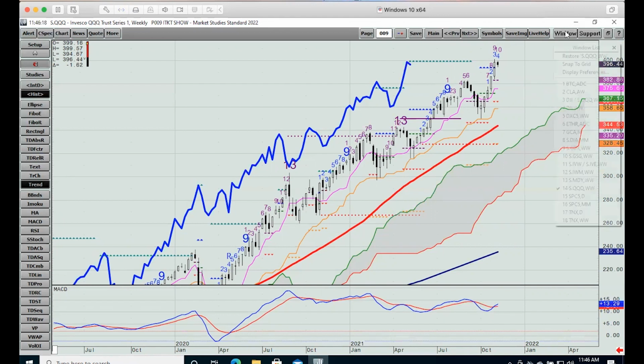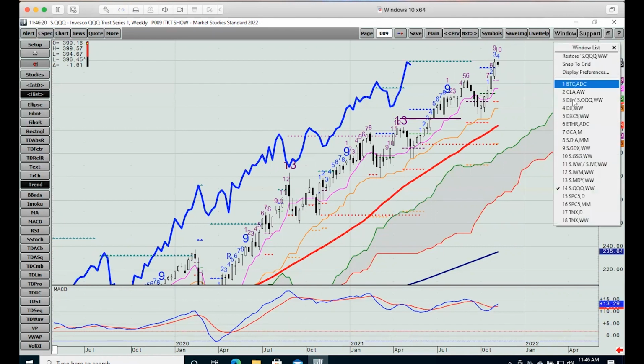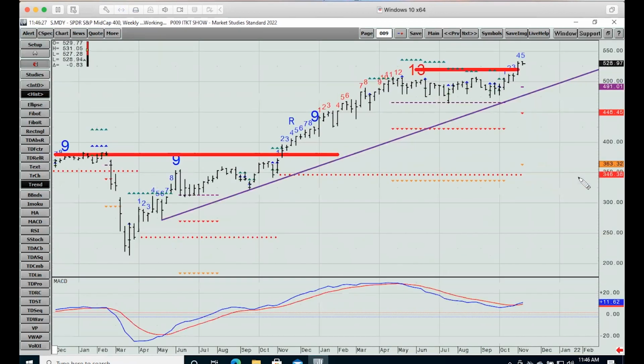Now let's take a look at the MDY. Do I have it up here? Let's see. Here we go, MDY. Okay, so this has a recent MACD crossover bullish. We broke out to new highs last week. You do see that we're still up against some propulsion targets,